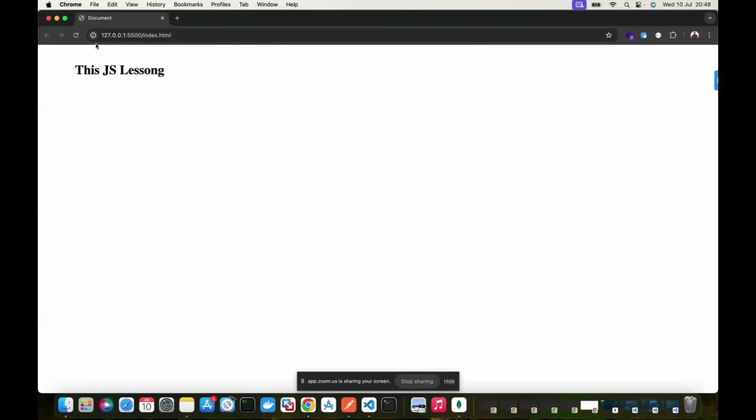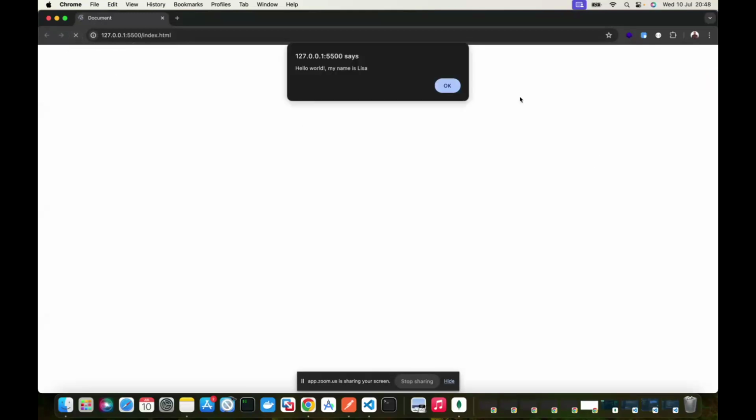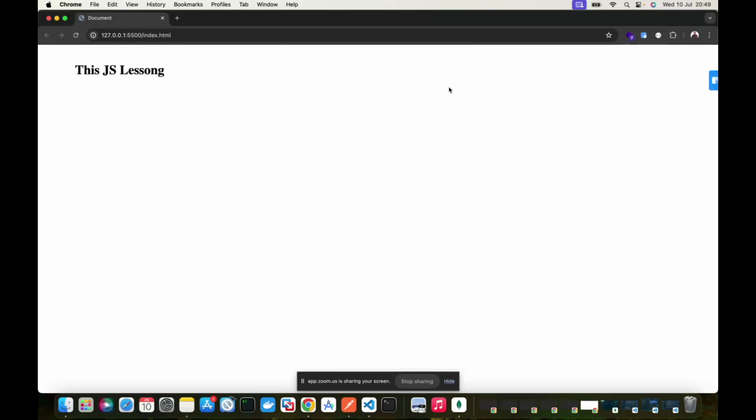And you see the explanation I was trying to explain to you: the JS lesson that I wrote inside the HTML did not show until you click the OK. Yes, because JavaScript code is still running, no other code is going to run until that JavaScript code stops running. Then you see it here. So that's the reason why you put your JavaScript code at the bottom, right?